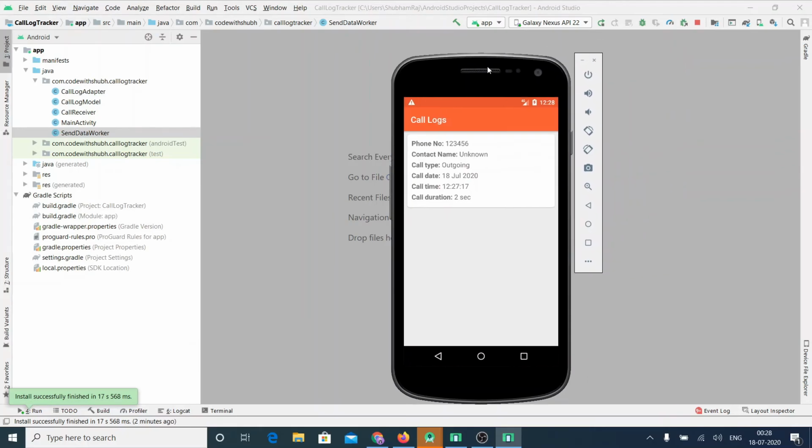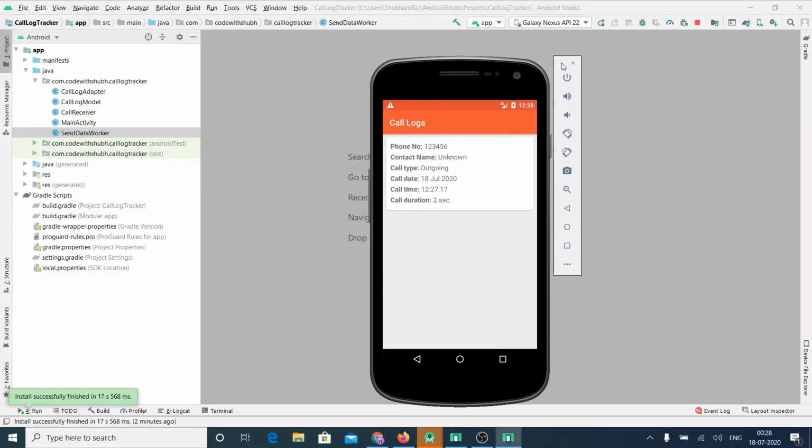So that's all in this demo, and this tutorial I will divide into 3 parts. In the first part I will show you how you can fetch the data from the Android device and load it into a list by using the recycler view, the recycler view adapter and a custom layout. It will be a simple custom layout which is currently showing on your screen. We are using text views and loading the data accordingly.